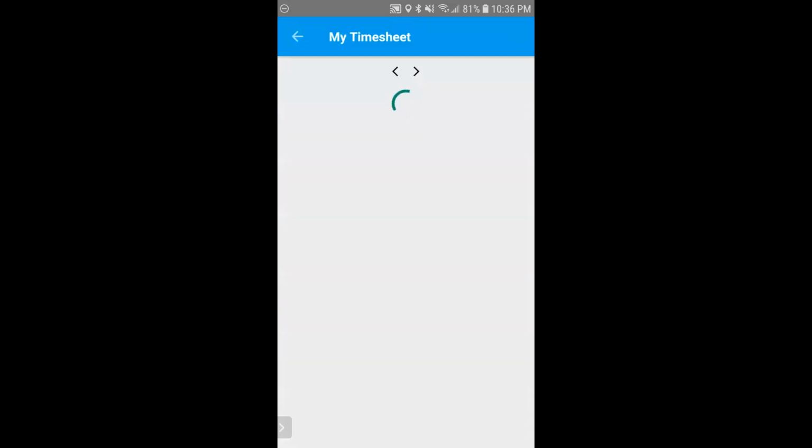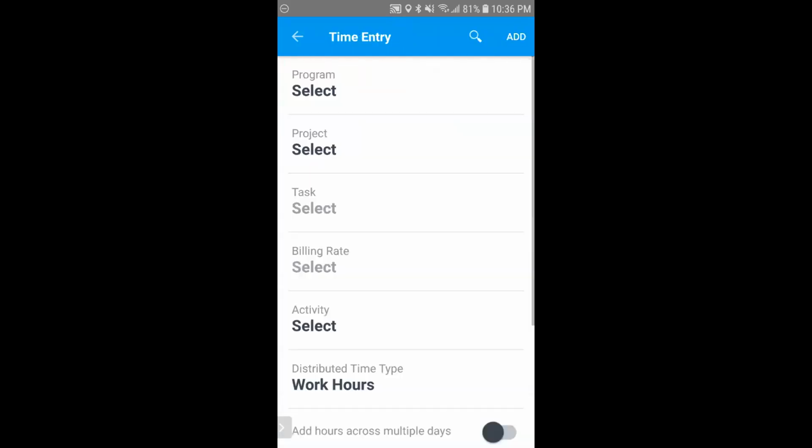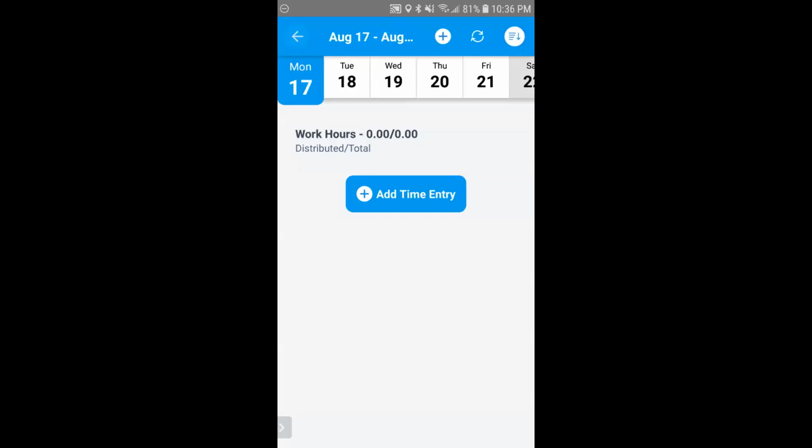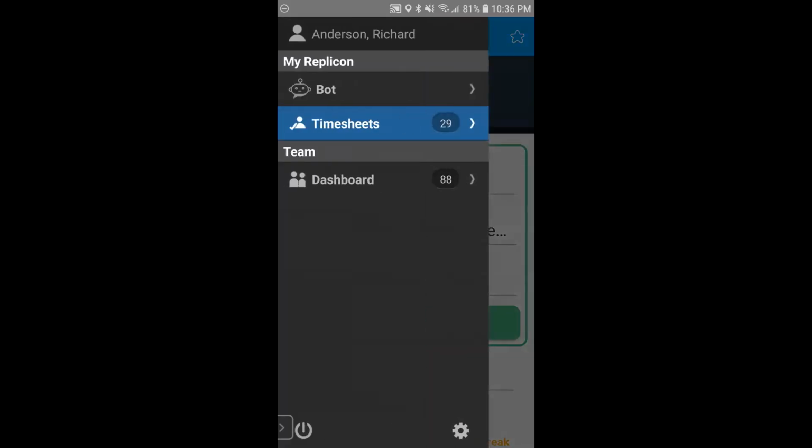So this is kind of a hybrid timesheet. So I can be punching in and out, or I can be logging into a specific day and log my time towards a program, project, task. Now this is not a typical timesheet. Usually it's one or the other, either punching or this time entry kind of style. But just for demonstration purposes, I had both available just so you can really see that Replicon can be flexible for your time entry needs. And not only is it flexible for our time entry needs, but we are also flexible for the approver needs.